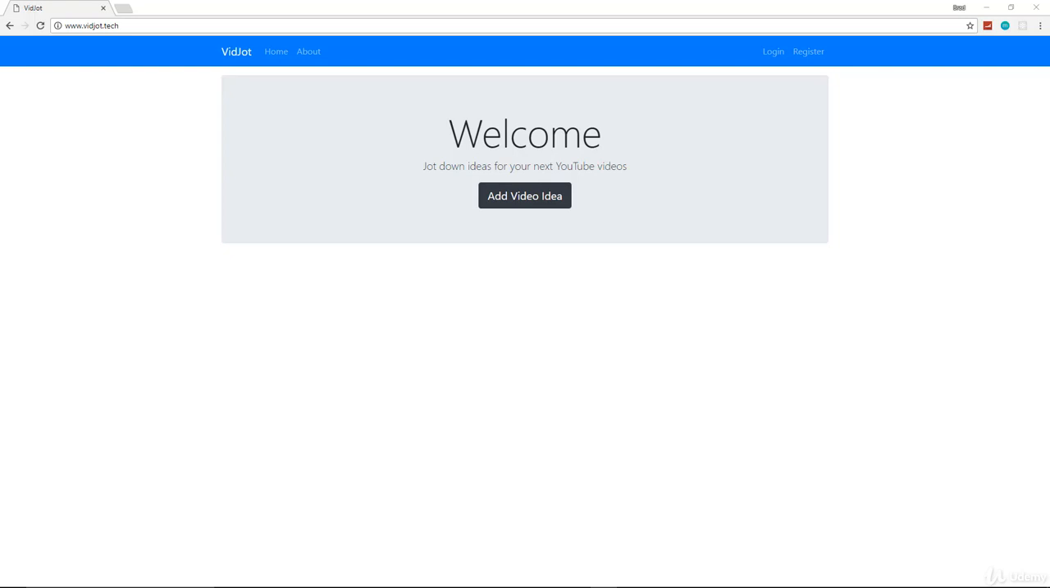Okay, so this is completely deployed. It's a live application on the internet. You'll see it's actually connected to a domain name called VidJot.tech. Okay, and this is an app where we can create an account and log in and just add ideas for future YouTube videos. Okay, it doesn't have to be YouTube, but any kind of video or media that you want